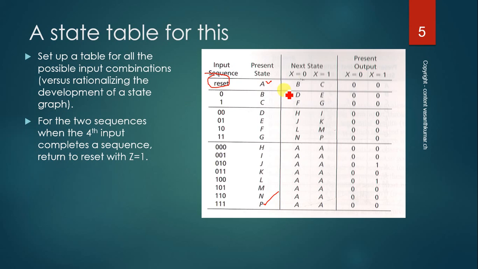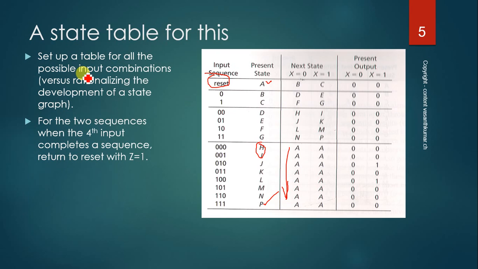Okay, I am considering the next states as D, E, F, G, H, I, J, K, something like this. At the same time, with these combinations, after the present state H, I will be getting the rest as A's only, which is the reset condition, right? So the present output will vary according to the values.